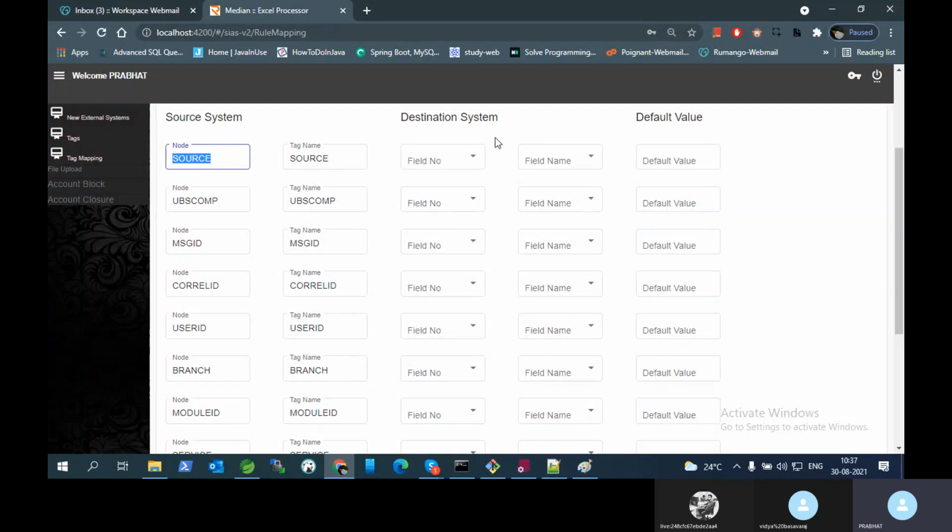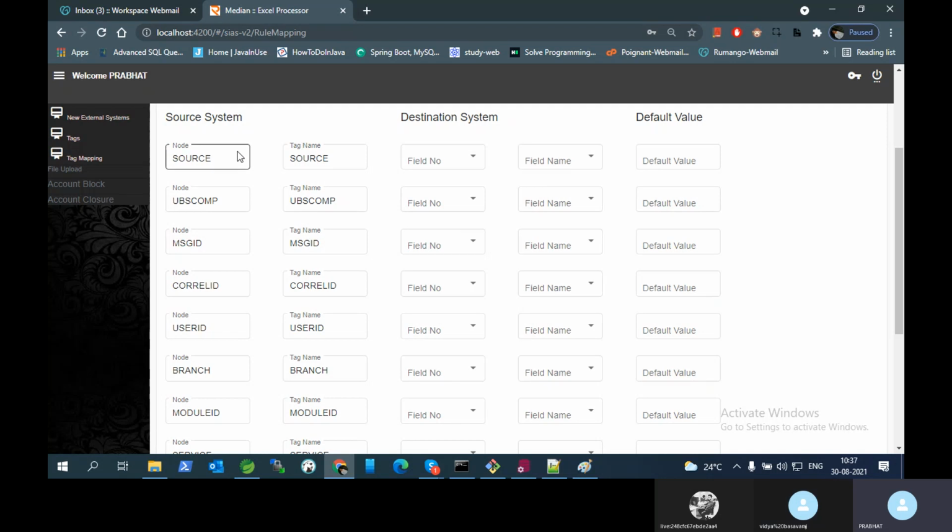That is different. But for now, only body we have to display, because whatever values we are giving, we will give for the body. Header is fixed for all requests of one type, but the body value will change from the database. So this is correct, but here also we are clear what is node, what is tag, right? And this field number is correct. If both systems are XML only, then this is also the same, node and tag will come here also. Got it? Got it.